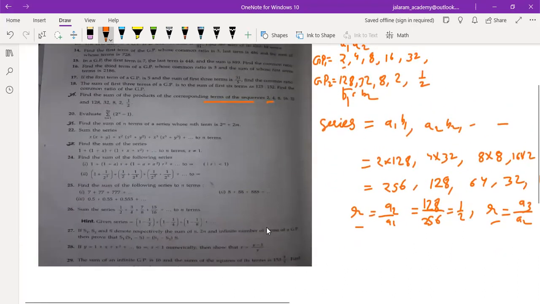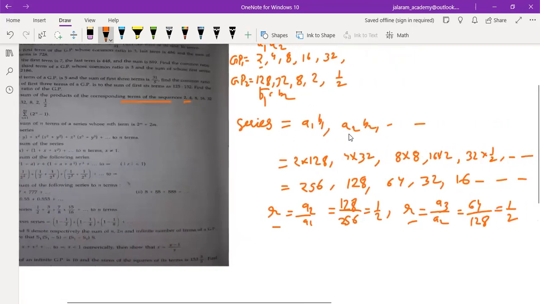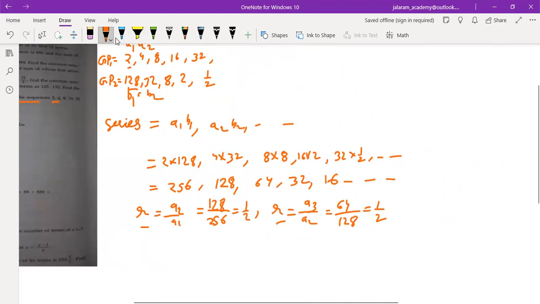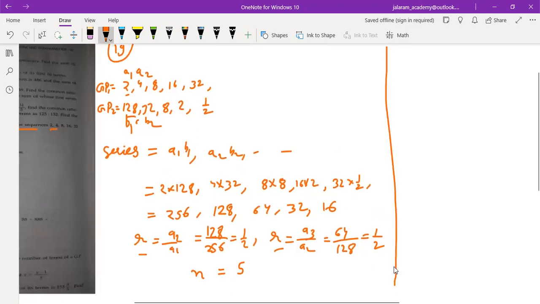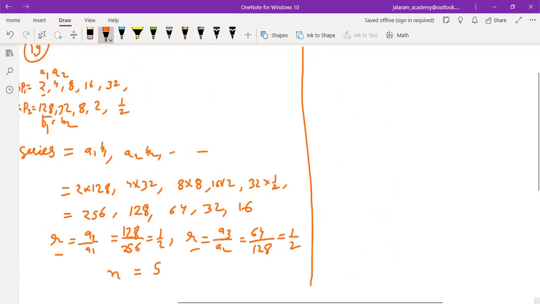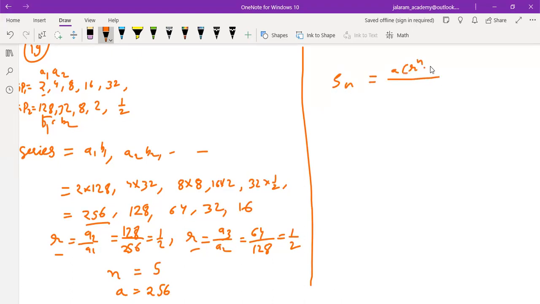And now what we have to find? We have to find the sum of products. It ends at only 5 terms, so there are no other terms. Only 5 terms are there, means n equals 5. A, the first term, equals 256. So for the sum of n terms, we know that the formula is A into r to the power n minus 1